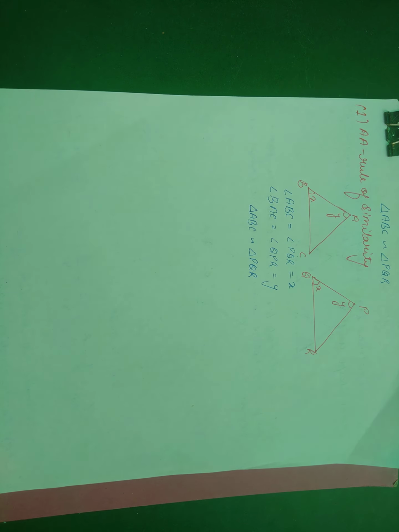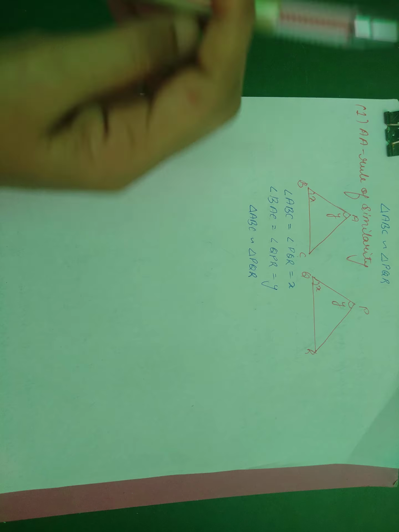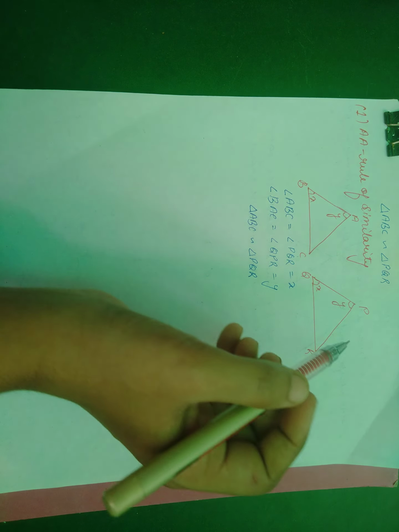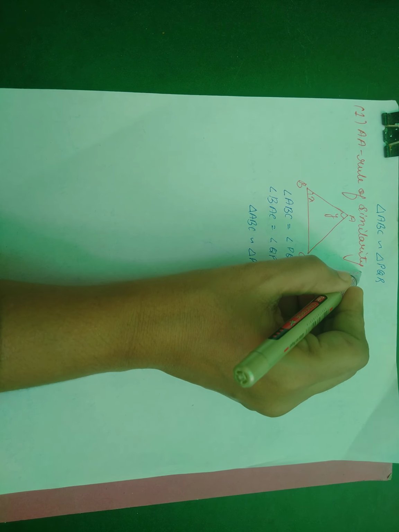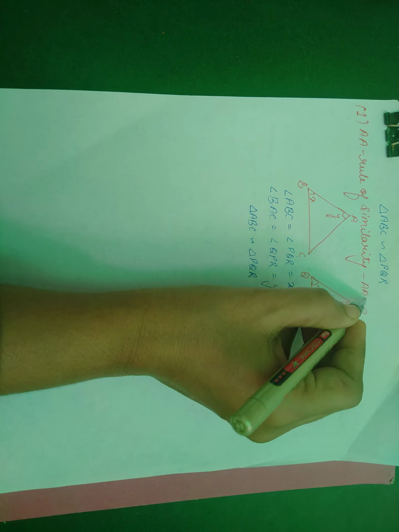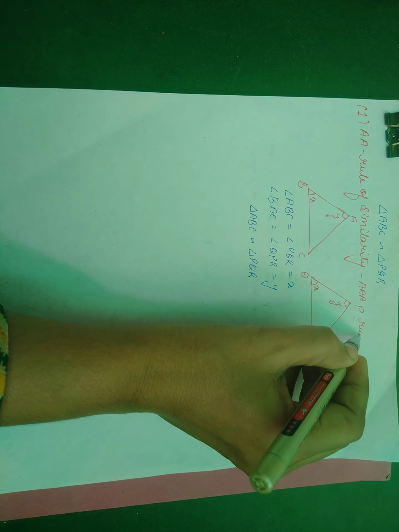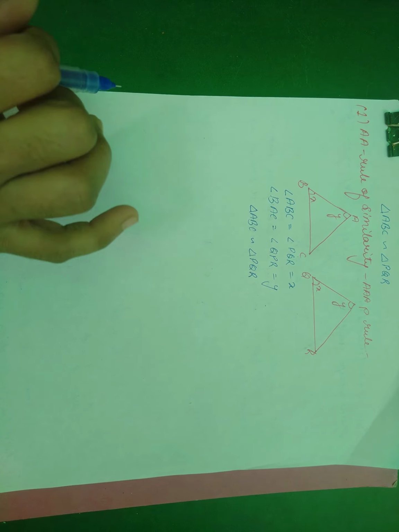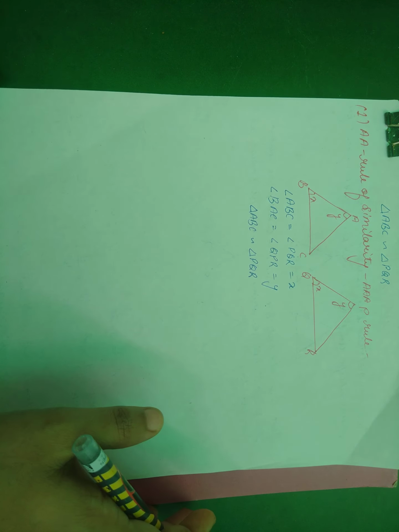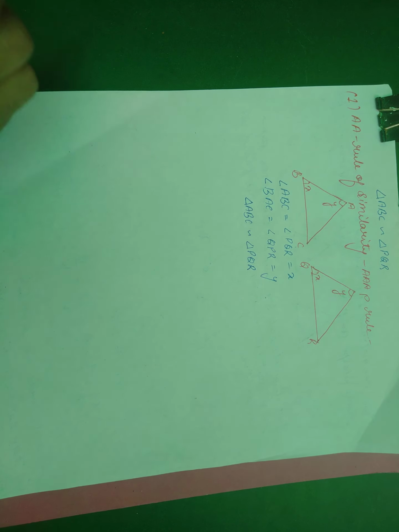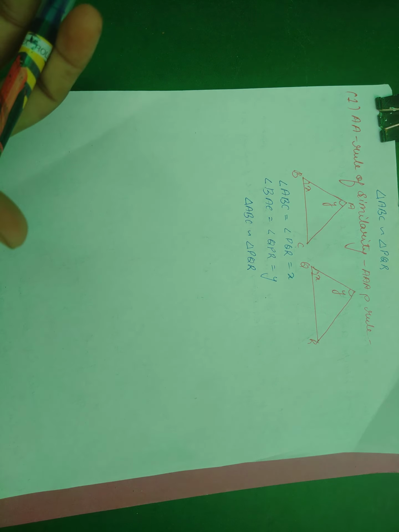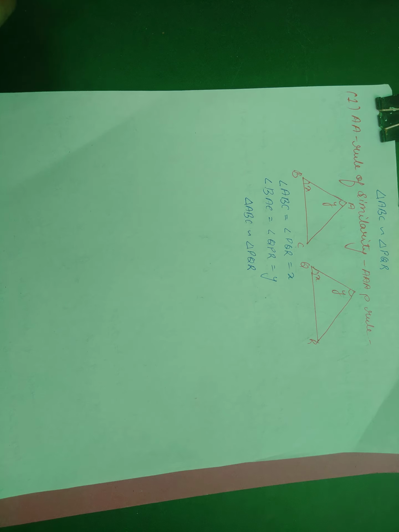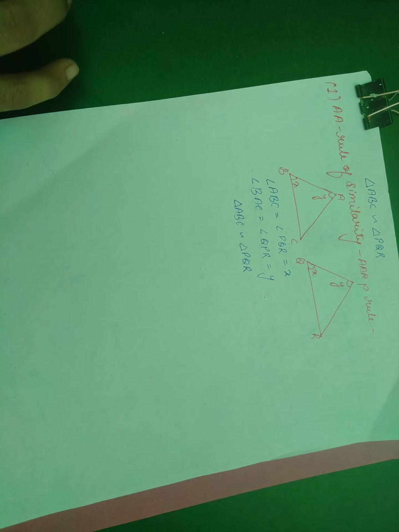Okay, again, if two angles of a triangle are the same, then the third one is also, so we can write it as the AA rule. Okay, now what will the definition become? So the definition will become: if two angles of a triangle are equal to two angles of another triangle, then the triangles will be similar, right? So this is the AA rule of similarity.